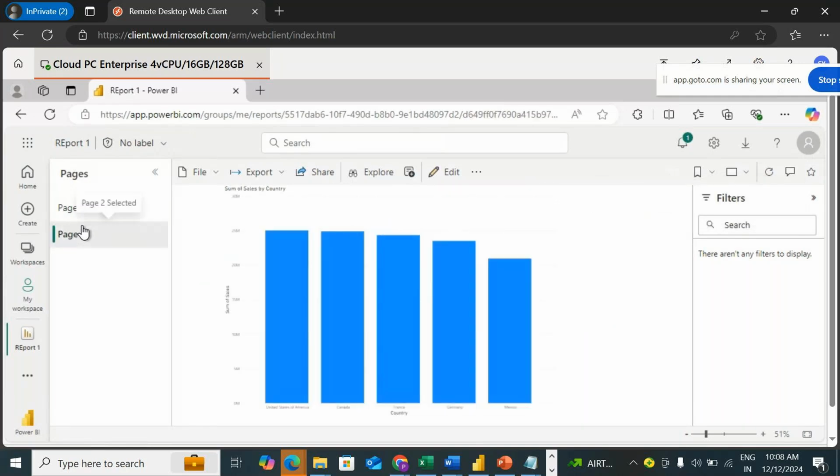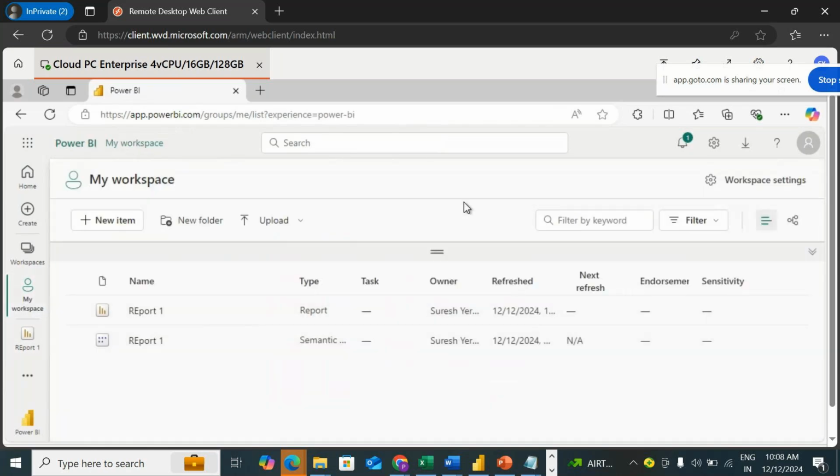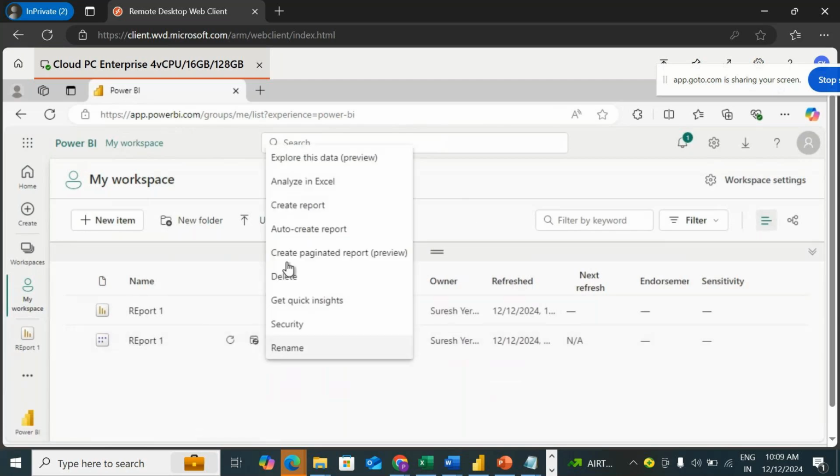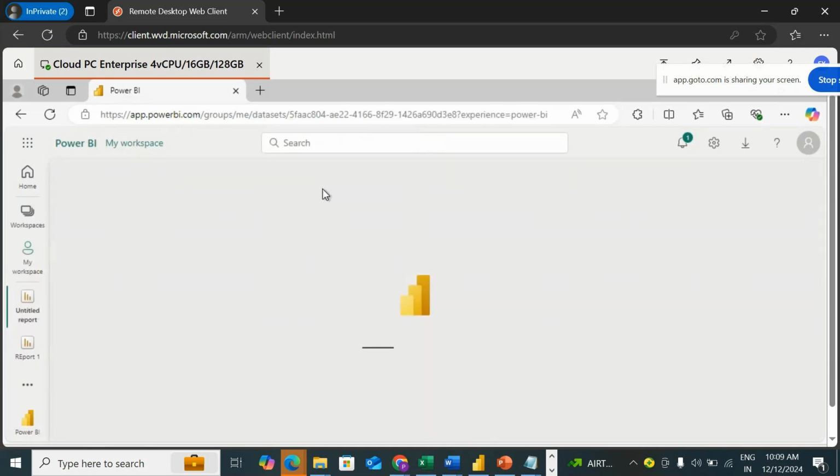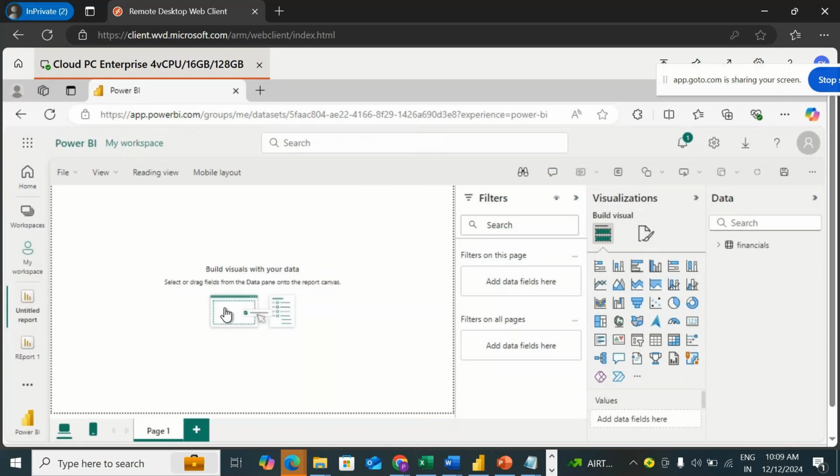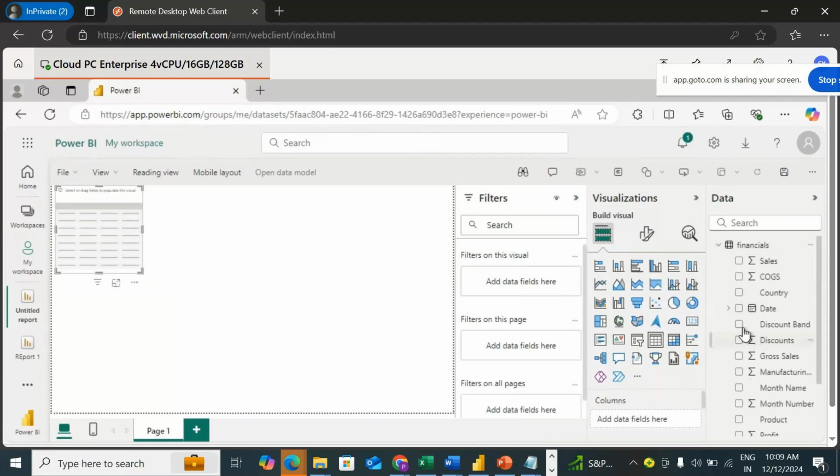So whenever the report is published, you can access it from anywhere: a different laptop, a different workspace, a different mobile. You can log in and modify the report. If it is a laptop or a desktop, yes, you can modify the report. If it is a mobile, you can access the report. Next thing is you can create a new report also by using this data set. At the data set level, you have an option called Create Report. Use the Create Report option and you are going to get a blank screen, like at the desktop level, and you can select whatever visual you want and select all the fields